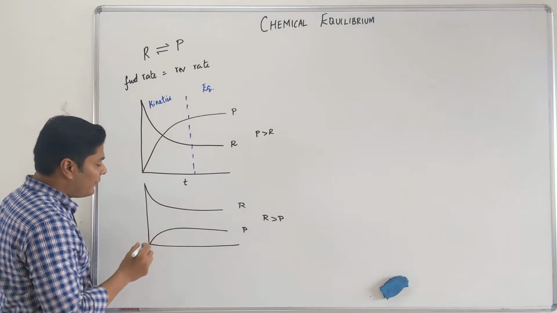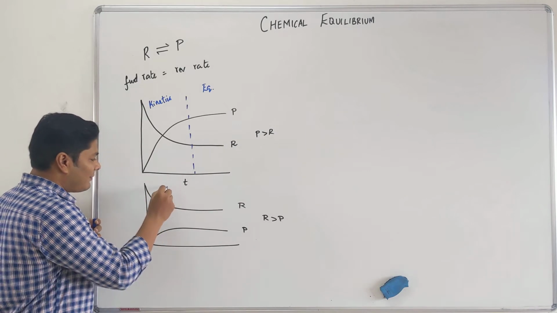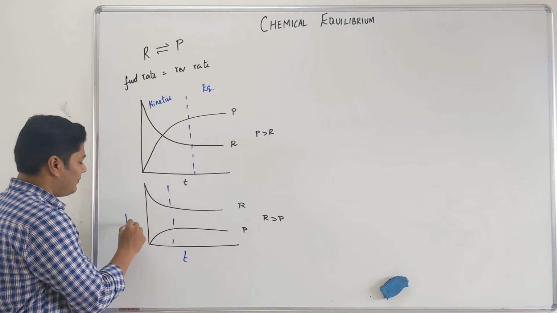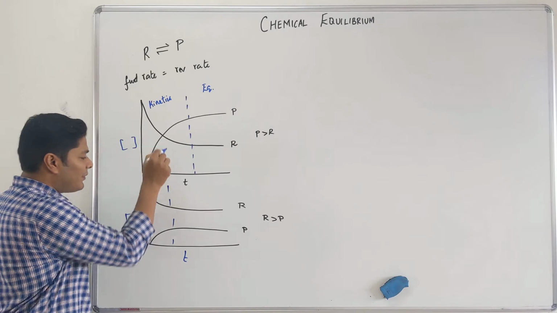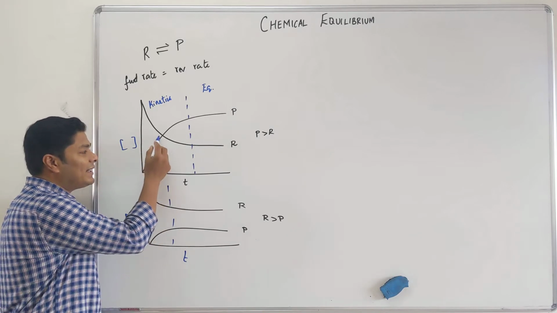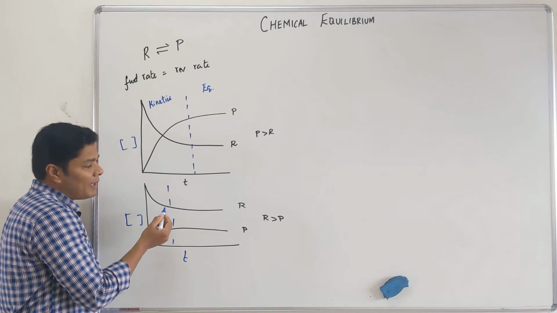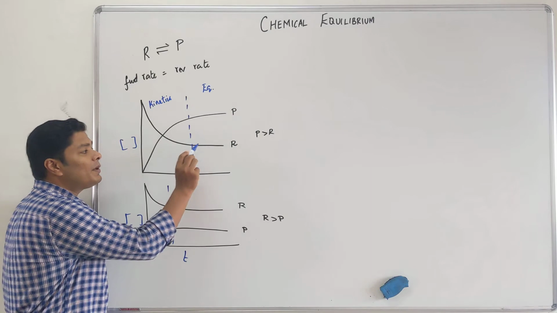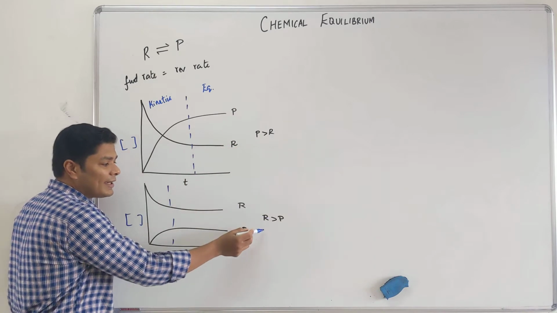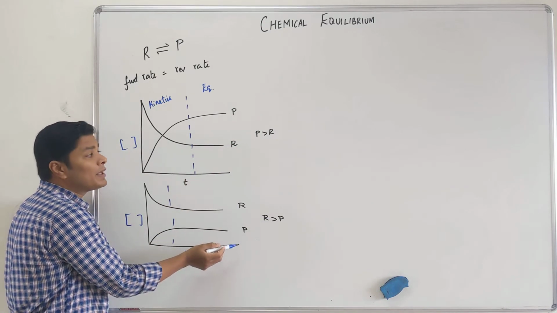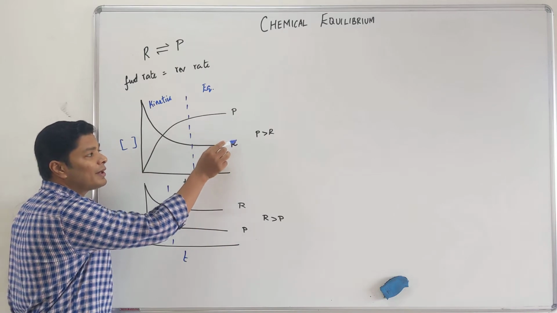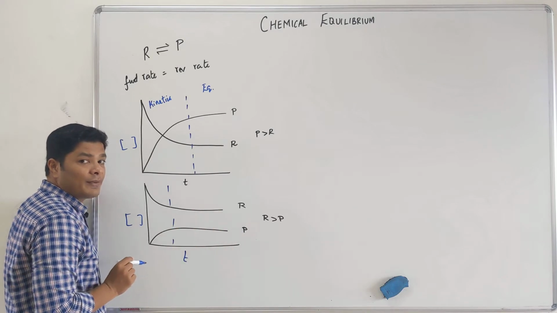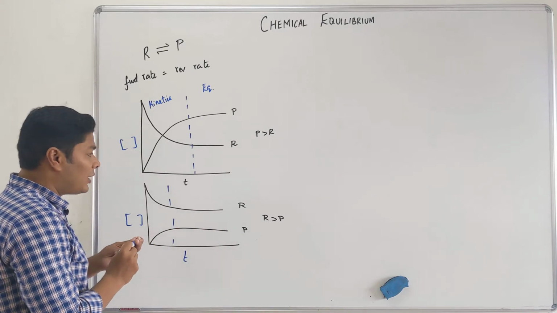What do they differ in? Again, somewhere here I have reached my equilibrium. This is the time again, this is concentration. The difference between these two is, in terms of kinetics there is a little bit of difference, depending on the given reaction, but they could be the same. But the most important thing is, after reaching equilibrium, if products are greater here and reactants are greater here, thermodynamically they are different. Thermodynamically my products are more stable than my reactant. Thermodynamically my reactant is more stable than my product. So the ratio of them is going to be different. There is an important graph that you will see.